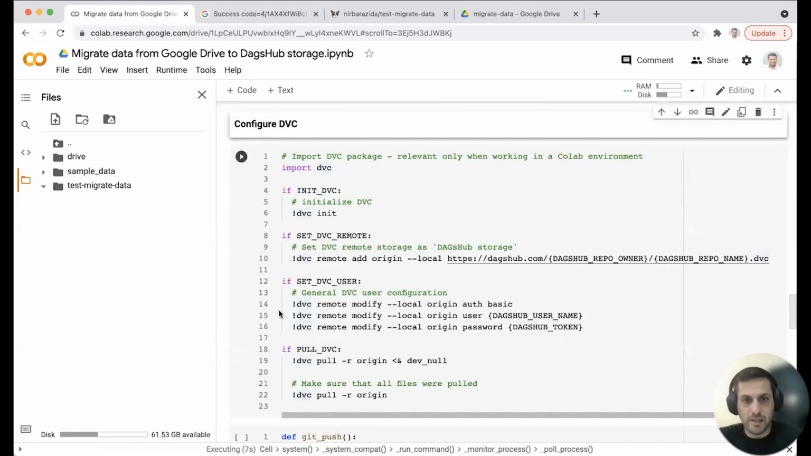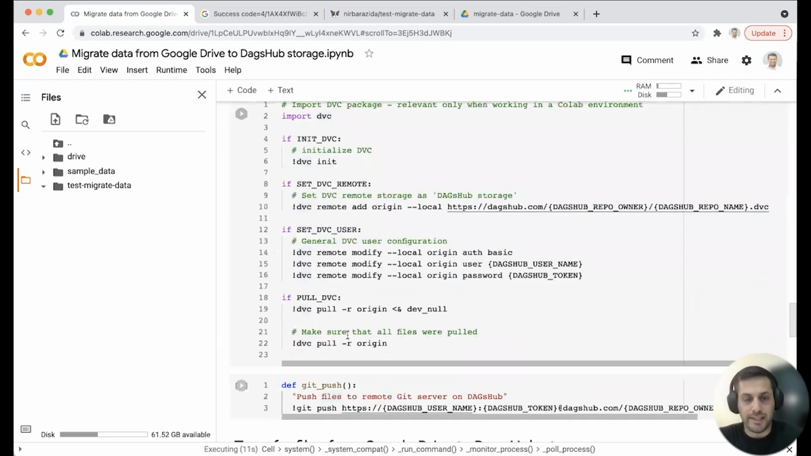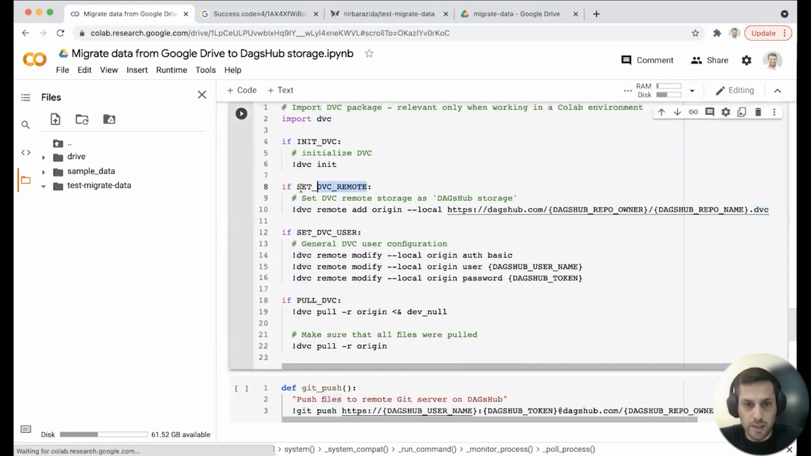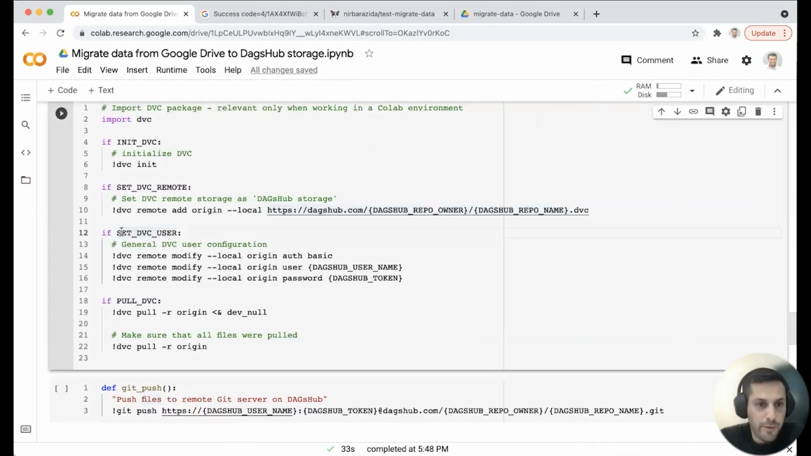So basically, this is going to be done automatically. You only need to run the cell, but let's understand what we're doing here. So if DVC init, it's going to initialize DVC, okay? If set a DVC remote, it's going to set a DVC remote. It's going to name it origin, and it's going to give it the URL of the DagsHub repository that you filled in the previous forms. And then you want to set a DVC user, which is basically a must. Why? Because you're setting,